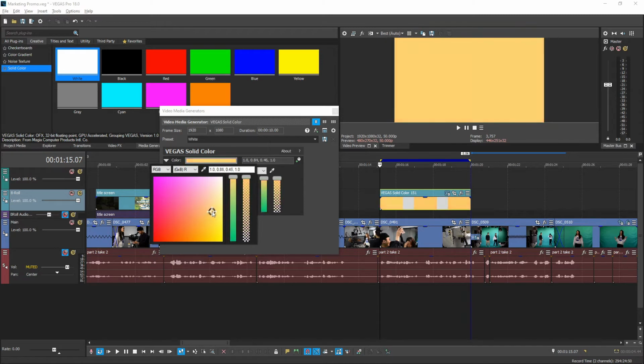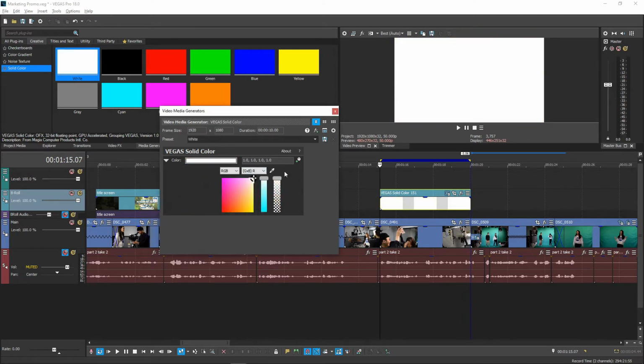My favorite tool here is the eyedropper tool, right here on the top of that menu bar. When you click on it, your cursor becomes a little eyedropper. Then, whatever you click on your screen, it will pick up that exact pixel and make your media the same color. Any inch of your screen.